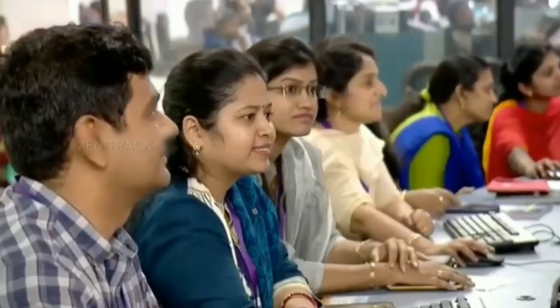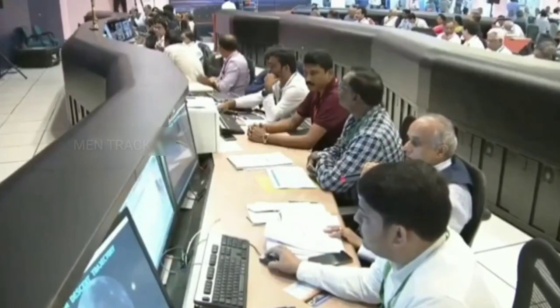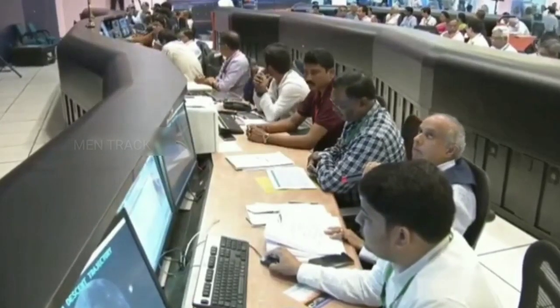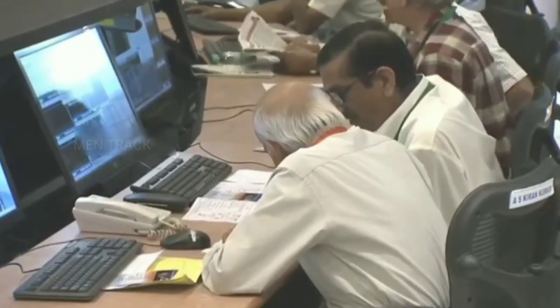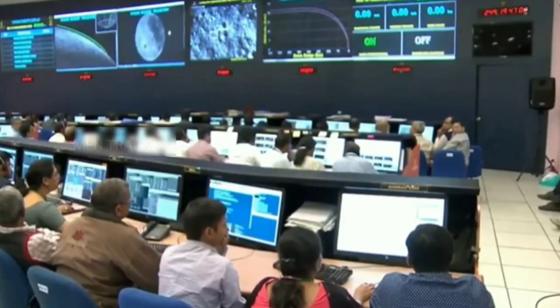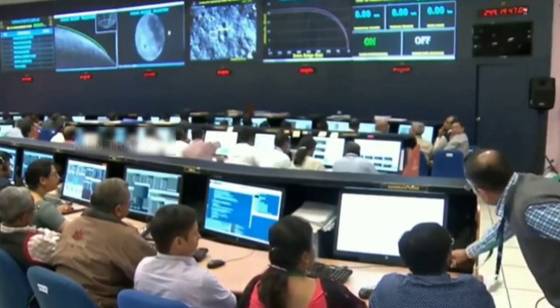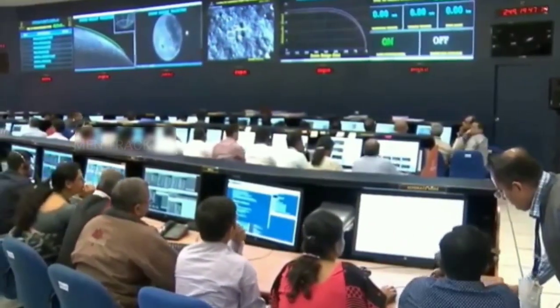And some of the important events during the descent phase, we'll be covering in the subsequent points as we go closer to this particular activity. But before we do that, just to get an update on the orbiter module, which has been orbiting in an orbit of around 100 kilometers. As you are all aware, the total mass of the orbiter module is 2,369 kilograms. At launch, we had the composite module of orbiter and the Vikram lander, which was 3,850. So the orbiter module, now that it has separated from the Vikram lander, has a mass of almost 2,370 kilograms. And out of this total mass, the fuel the orbiter carried was almost